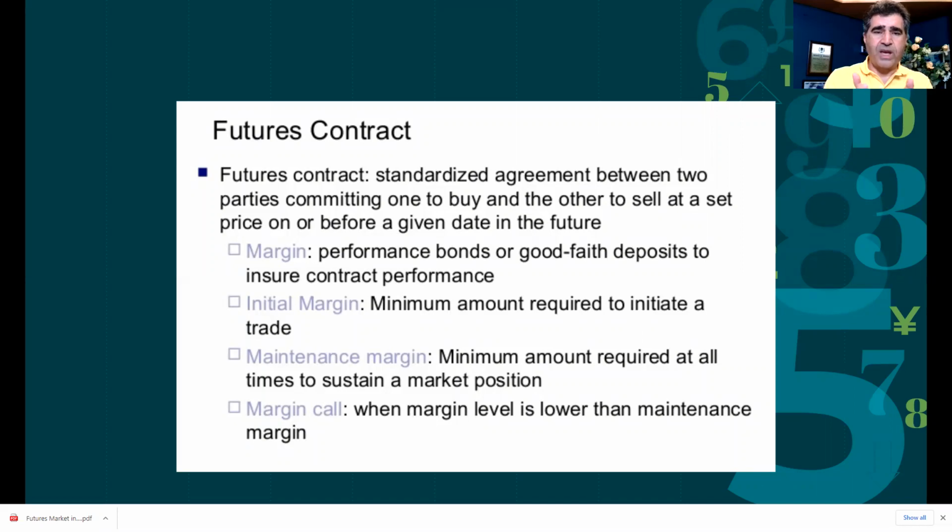So they want to have a good faith amount of money in it when you put the money in as a contract to purchase or sell something. They want you to have the means to protect that. So that's called margin. As I mentioned, it's a good faith deposit. It's like a bond to ensure that there is enough money to provide for that. Now, the initial margin is the minimum amount to initiate the trade. So you have to have it.